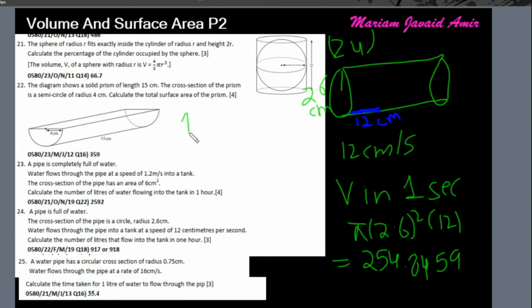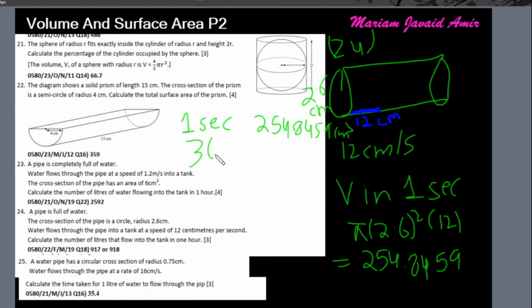So in 1 second, the volume is 254.8459 centimeter cubed. Now we have to calculate the number of liters that flow into the tank in 1 hour,